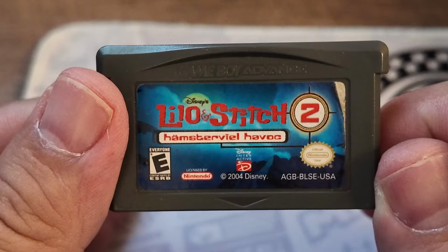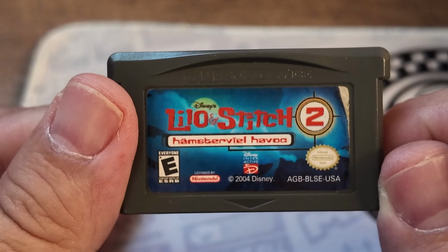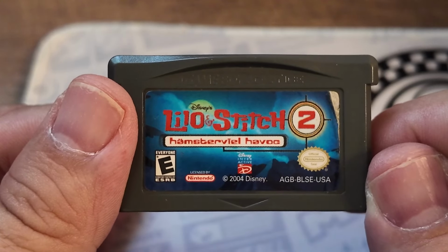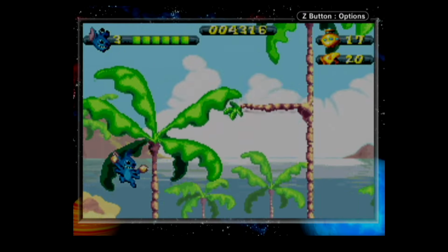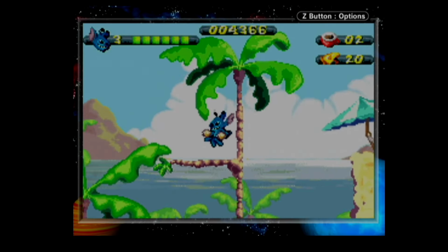Just talked about this the other day. This is a legit fantastic hidden gem on the Game Boy Advance. This is Lilo & Stitch 2 Hamsterville Havoc. Now, I do love a licensed game, so I might be predisposed to this one, but I do think this is one of the best run-and-gun shooters on the console, reminiscent of Alien Hominid. I just talked about this one recently, so I won't spend a lot of time on Lilo & Stitch 2 Hamsterville Havoc, but if you like Alien Hominid, if you like run-and-gun shooters, if you like Metal Slug, this and